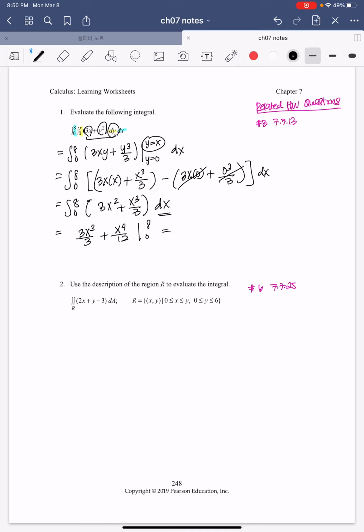In other words, we have x cubed plus x to the 4th over 12 from 0 to 8. So we have 8 cubed plus 8 to the 4th power over 12, minus 0 cubed plus 0 to the 4th power over 12. So the first parentheses, I have,